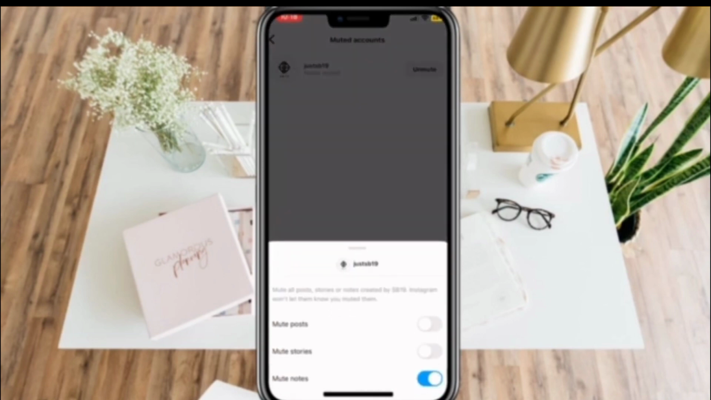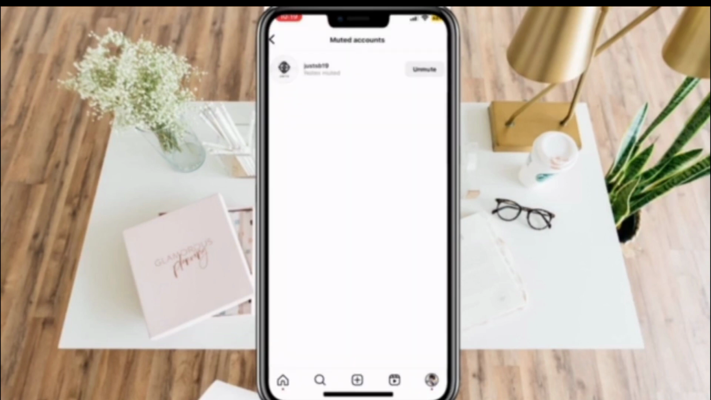Or you can do this by simply clicking the unmute in this part and then just disable the mute notes. And that's it. They will be removed from the muted accounts. And you will be able to see their